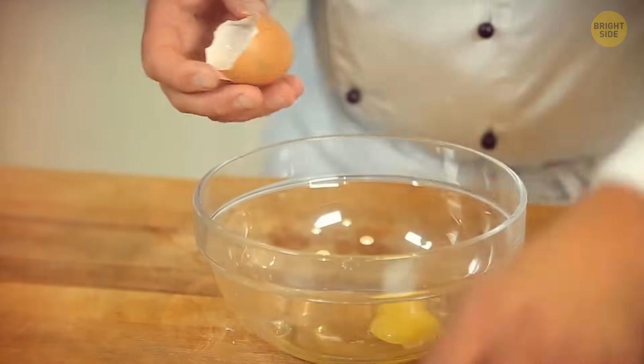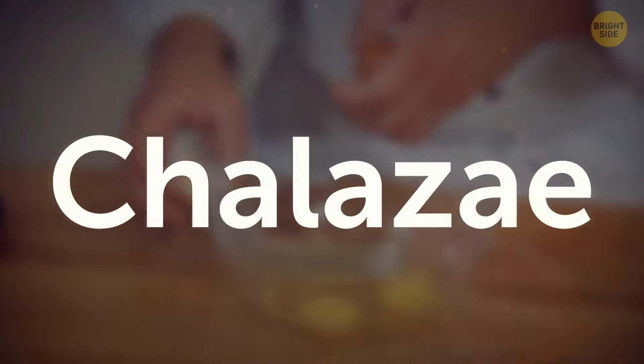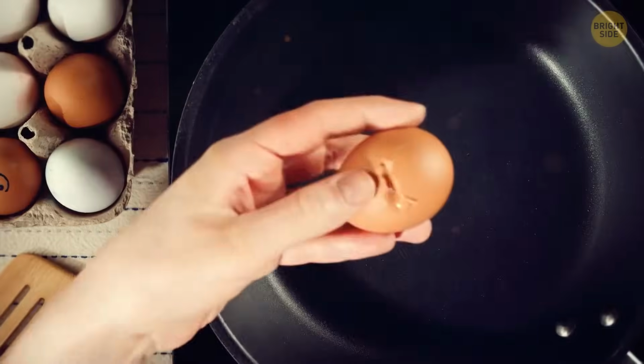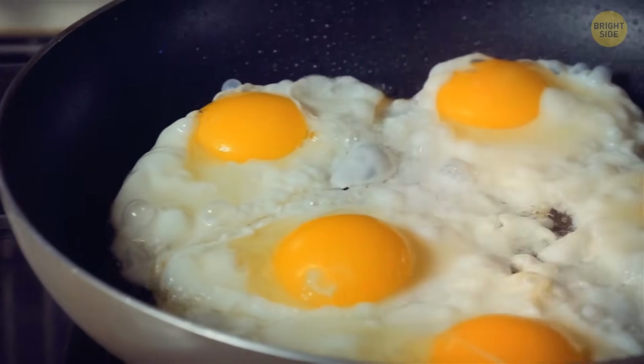Well, I'm here to tell you that these strands are called chalaza, and you don't actually need to get rid of them. They help keep the yolk in place at the egg's center. A chalaza is not going to mess up the consistency or the taste of your food, so removing it is